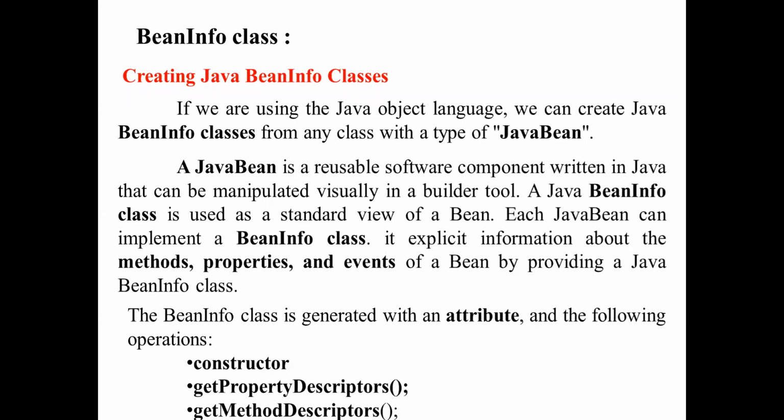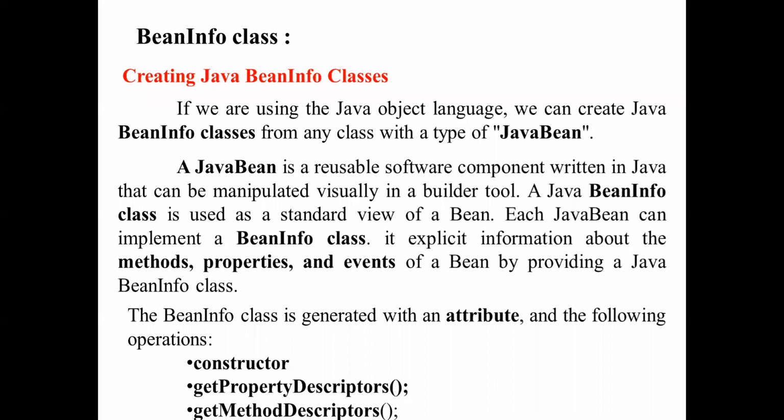So, creating a Java bean info class: suppose we are using a Java object language, we can create the Java bean info classes from any class with the type of Java beans. This is creating the Java bean info. A Java bean is nothing but a reusable software component.